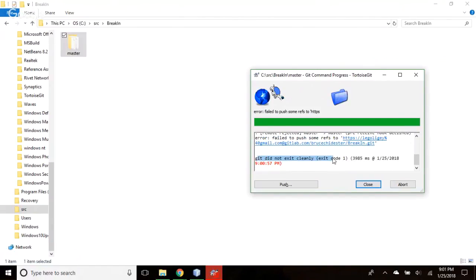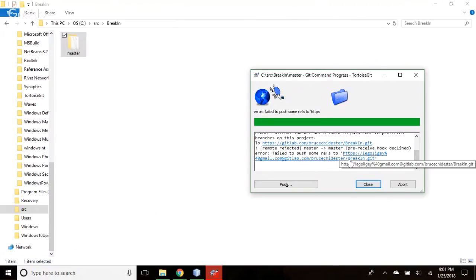So not cleanly. Go up in the errors and see what this is. It failed to push some references. Remote branches, say master. Pre-receive hook declined. Wow. So we'll have to figure that out.